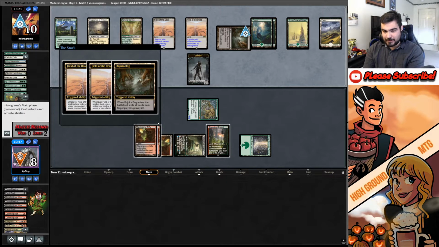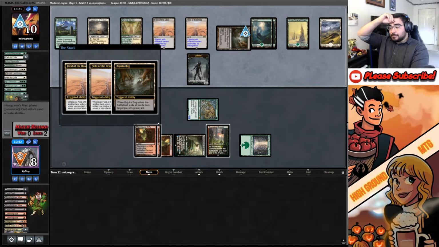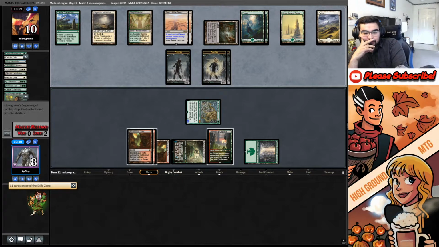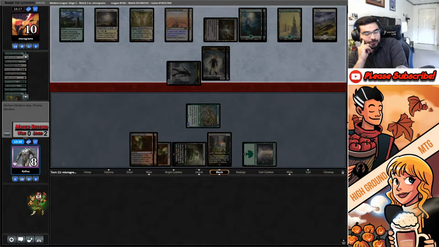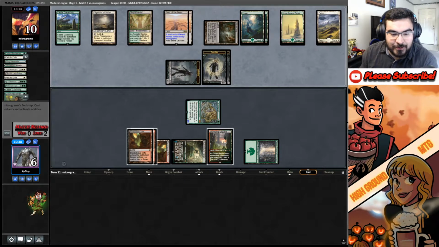Ah. That hurts. There goes my plan. That is so rough. Like, it doesn't shrink the Goyf any, but...